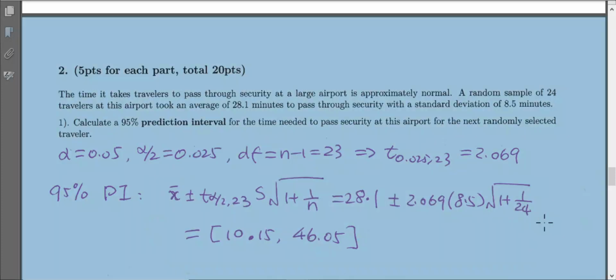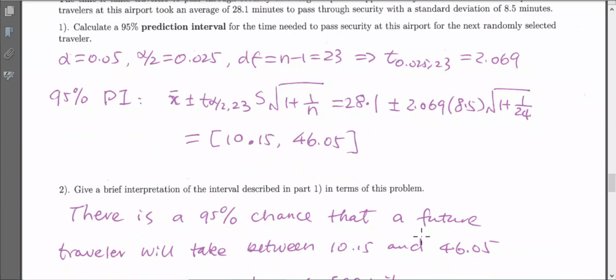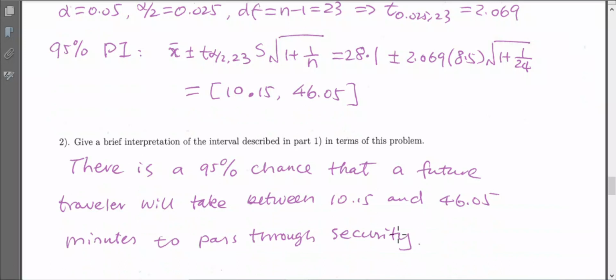After we calculate the prediction interval, we have to interpret it, because this is a prediction about a future traveler. So we could use 95% chance. Why? Because how much time the future traveler will take to go through security is a random variable. So we are perfectly fine to say 95% as a